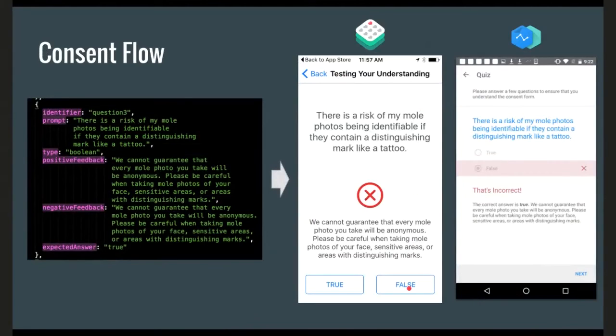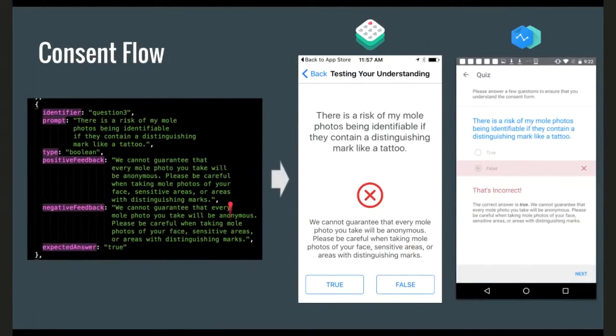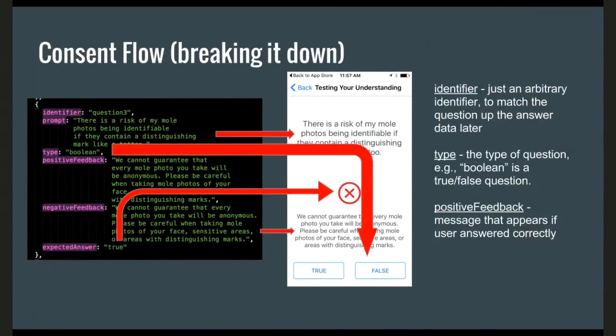And here the user had clicked false, and it says, no, you gave the wrong answer. We can't guarantee that every mole is going to be anonymous. And all of this is created over here with this sort of colorized text that I marked up, and I think if you just look at it, it's something that you could figure out without needing a lot of explanation. But to make it even clearer, there's a breakdown here